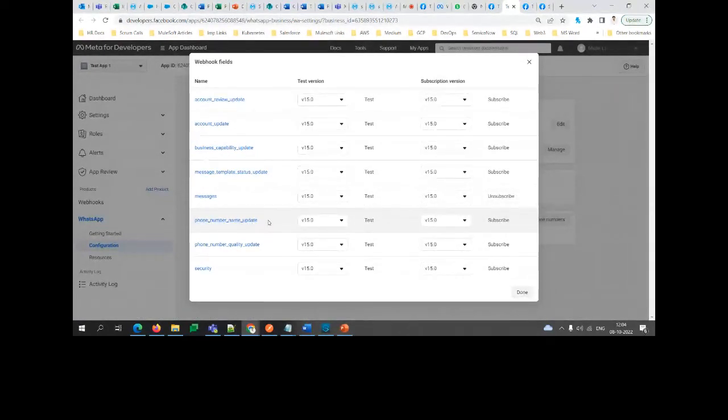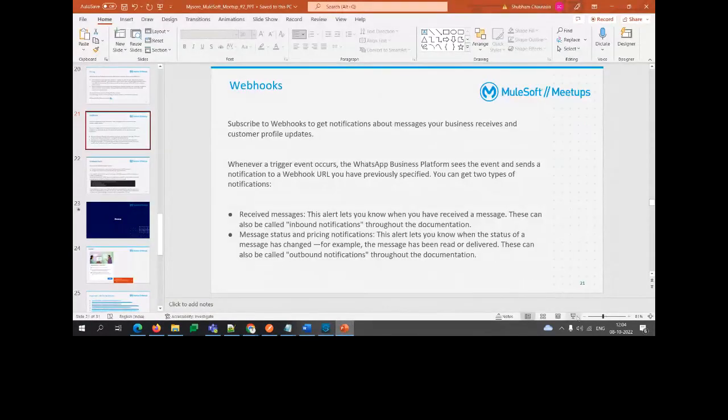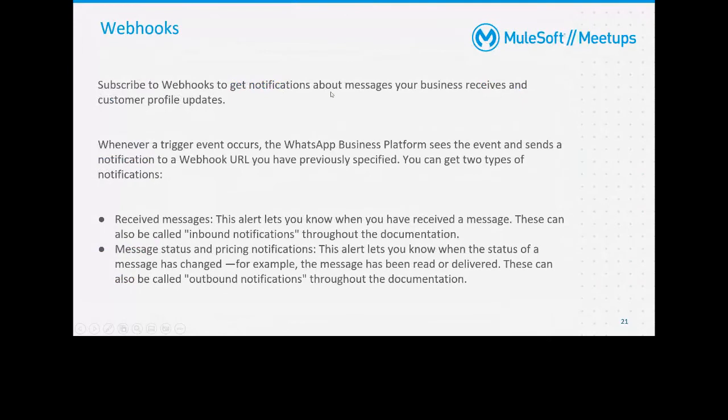So you can respond accordingly, according to your business requirement, when a user unsubscribes, or when this activity happens. Okay, so subscribe to webhooks to get notifications about messages. We will be getting this notification in your webhook. Your business receives a customer profile update. As I told you, if a user does something in his profile,